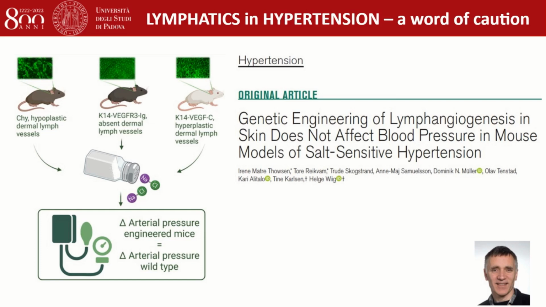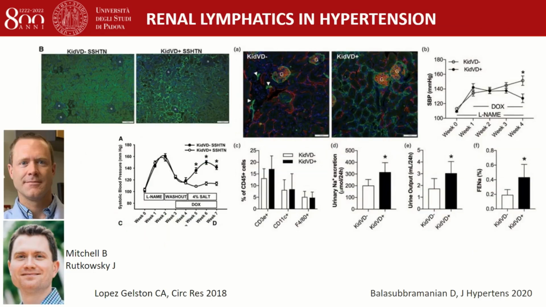These are not conclusive data because, once again, from the very same investigators who used different animal models of dermal lymphatics excess or defect, they couldn't replicate the same changes in blood pressure or the same changes in lymphangiogenesis. But it is certainly not a simple topic to run conclusions on, because of course hypertension is really a multifaceted disease with many different players involved. And there is evidence from the renal side of the story from Brett Mitchell and Joe Rukowski, Texas A&M,